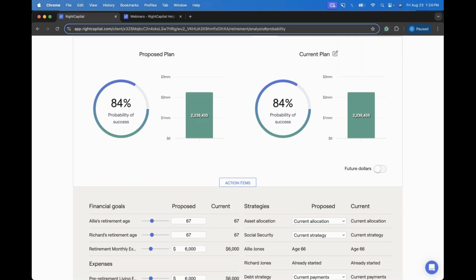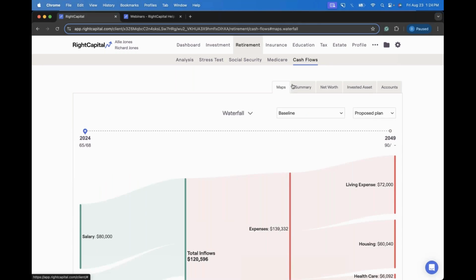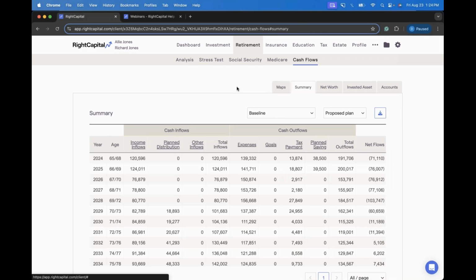So, first things first, before I start making adjustments and tweaks here in the retirement analysis tab, I do just want to quickly take us into the retirement cash flows area, specifically the summary tab here. Within our summary table, we can see all of the different elements of our long-term care costs and coverage taking place. So I do just want to briefly show everyone where all of this information lives here in these cash